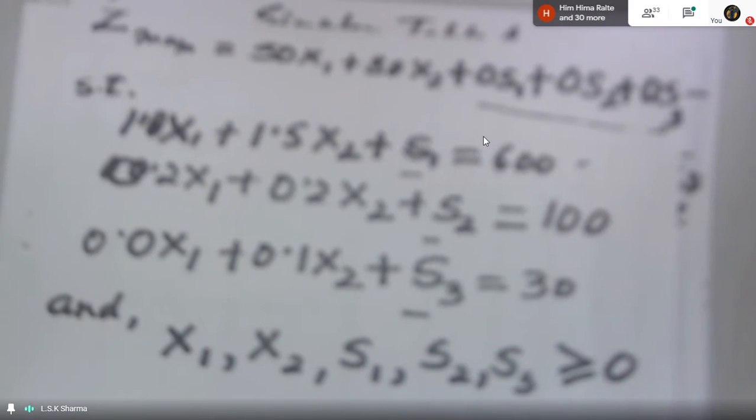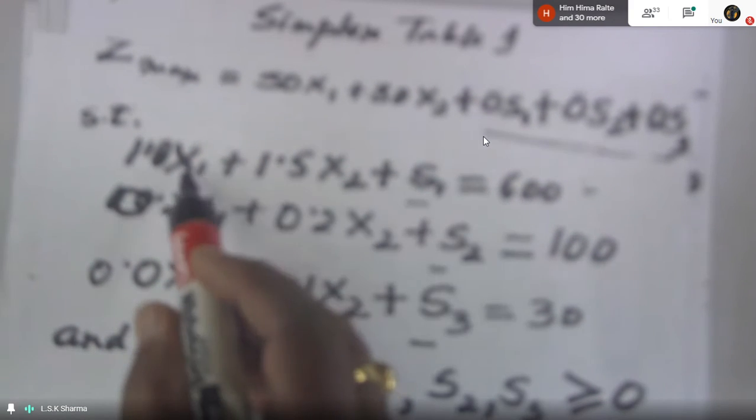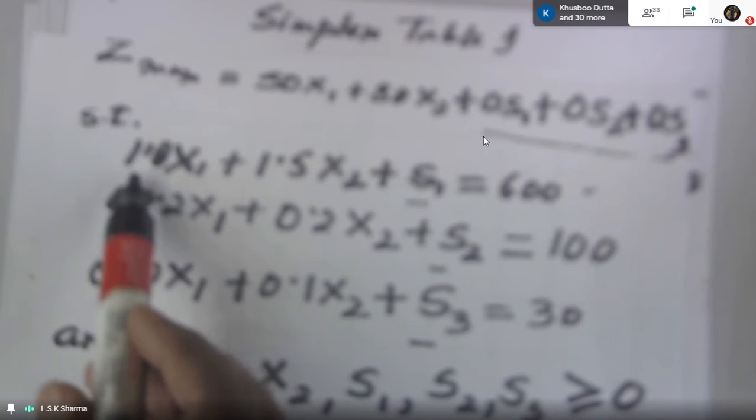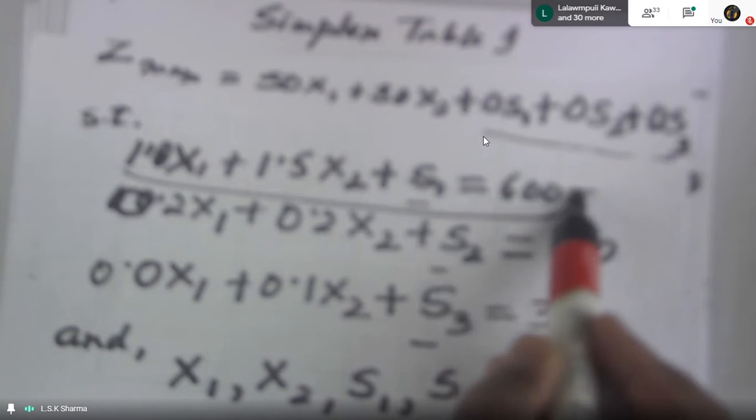Now once you've done this, you have to put up the values. What are the values that I have to put up? You have to put up the values from the earlier table. This is the table, right? So the value of x1 you put it up, the value of x2 you put it up, and so on. So let me go by the first line. This was the first equation.